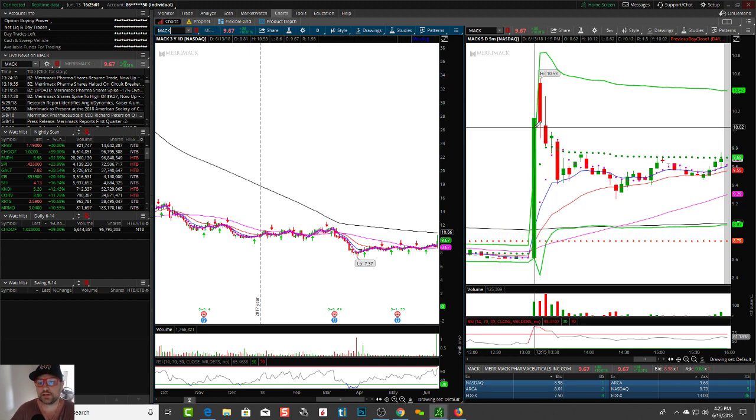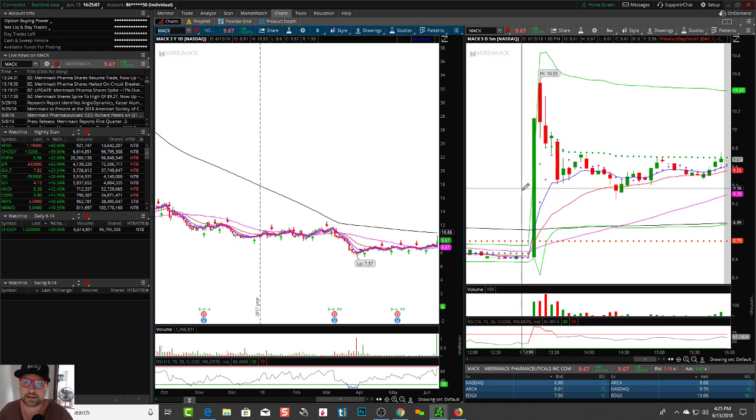You're never going to have the guts to hold this thing the whole time. Never. If you're up $1, you're not going to take the profits. If you're up 80 cents in the middle of a candlestick, you're not going to take the profits. Come on, of course you are. So the thing you have to be careful of: it's nice when these go up. It's ugly when they come down.